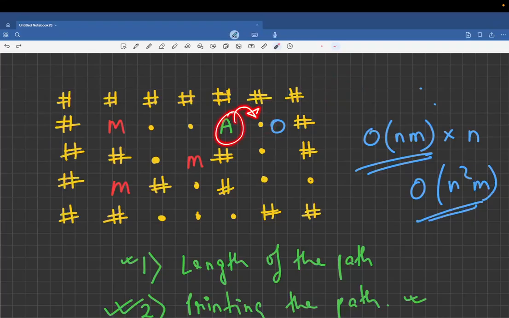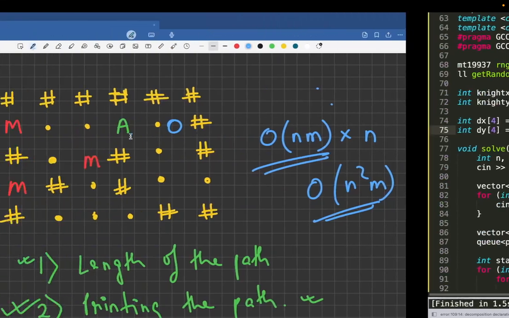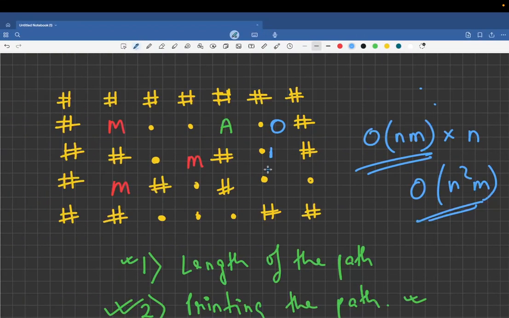That is, from here I have traveled over here. Similarly, for this particular thing, I have moved down, right? So at this index in my path vector, I will store the value for moving down, which is present at index 2, that is, your row increases by 1 and column remains the same. So over here I will write 1. This means I have reached this particular cell by traveling down. Similarly here it will be 1 and here it will be 0. So this is how my path vector will look.